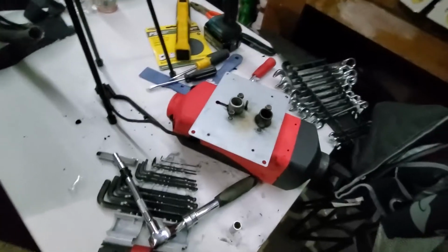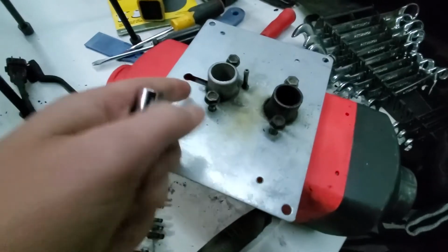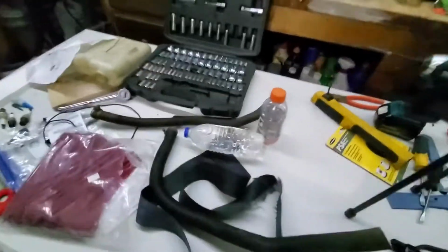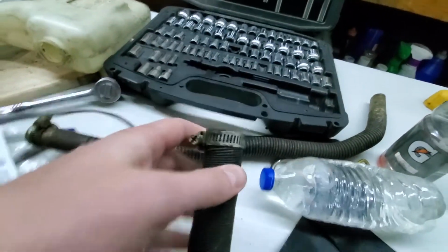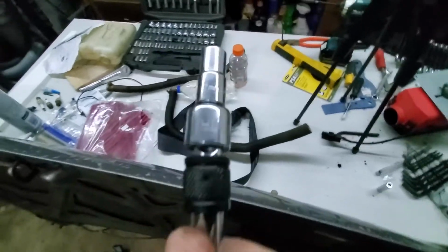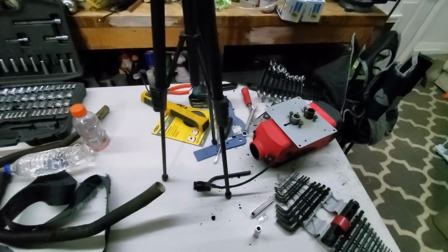Alright, it's time to put this back in. The bolts, I guess the nuts here are a 10, and then the ones here are either a Phillips head or I believe it's a 7. Yeah, 7mm. So I'm gonna get this kind of in place, and I'll show you my truck bed setup for